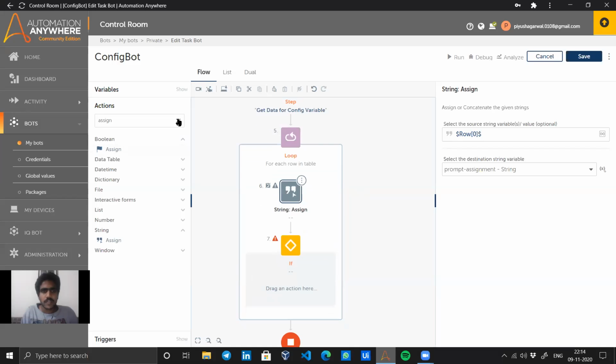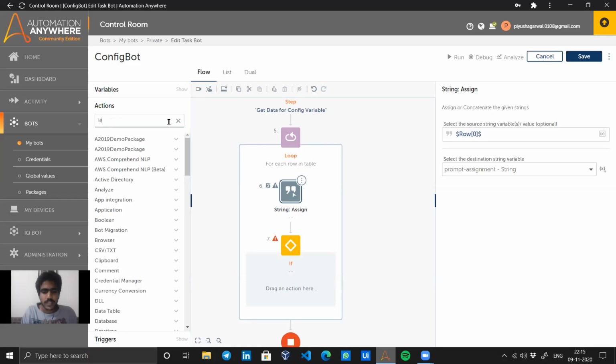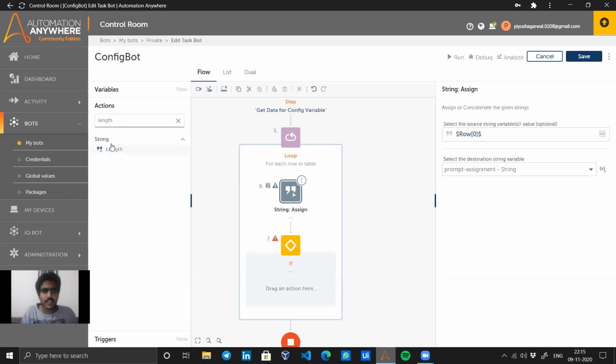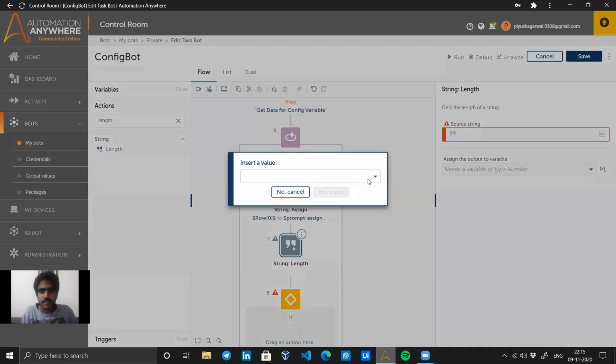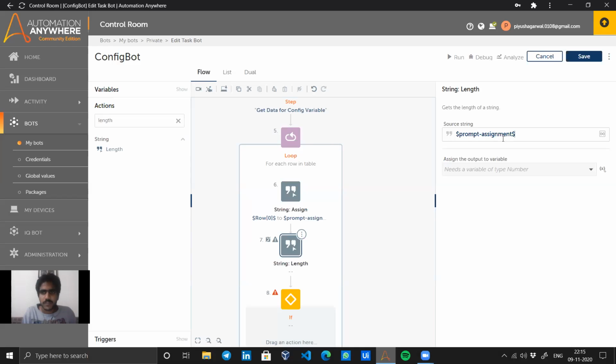Moving further, to check if the string is empty or not, I need to get the length of this string value. So again, let's search for length. Here in the string package we have got a length command. We will drag it over here, and in this prompt assignment will be given. Prompt assignment here is a variable of string type, which is a system default variable, and we will be using this again and again, reinitializing the same variable so that we don't need to create any extra